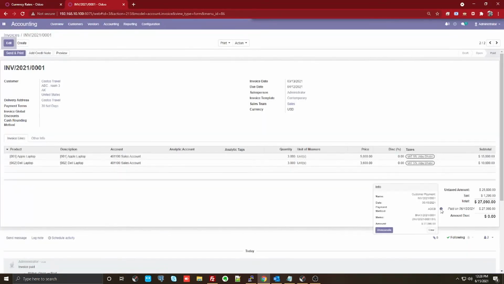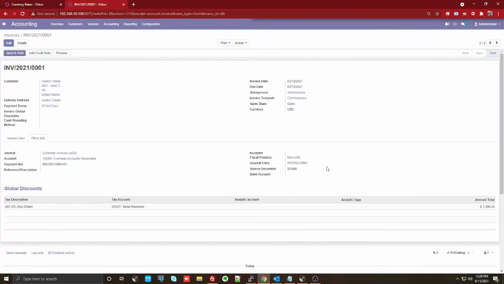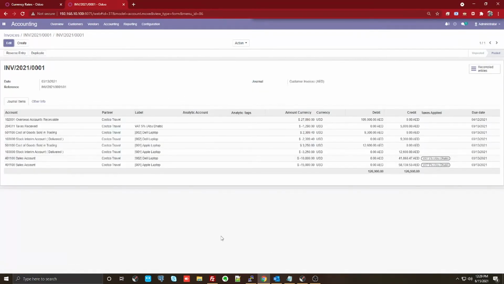I can validate that payment. So you can see that the payment has been done, and if there are any adjustments which require to be done, you would be able to find the journal details here. You can see all those values which are getting moved in. There are certain accounts which are for the stock purpose as well. So here it is using a stock valuation. That's why you are able to see the interim accounts for the deliverables and stock trading part of it.